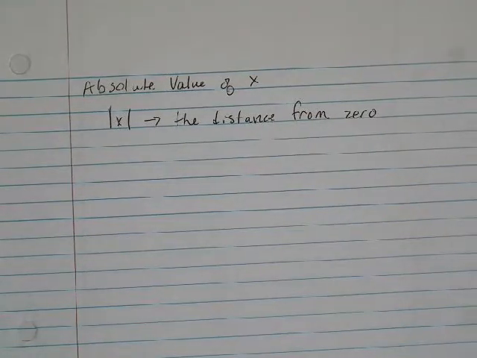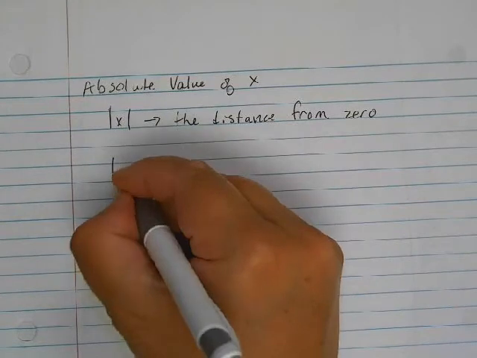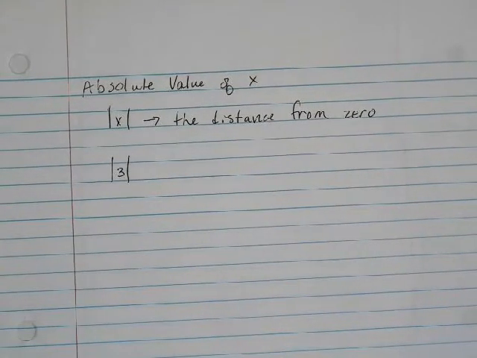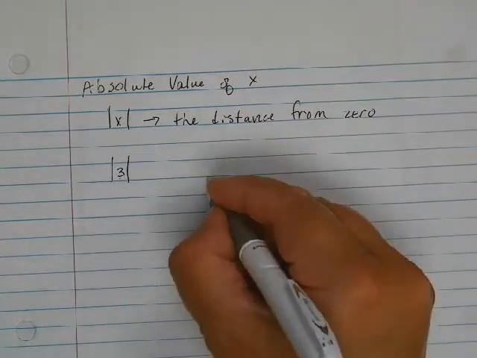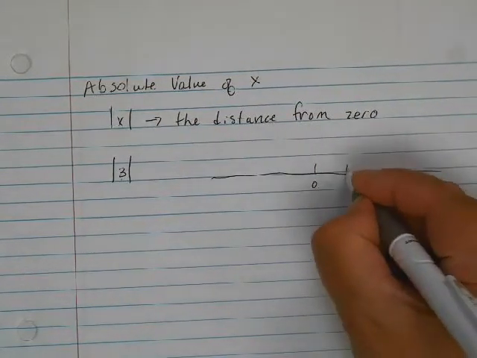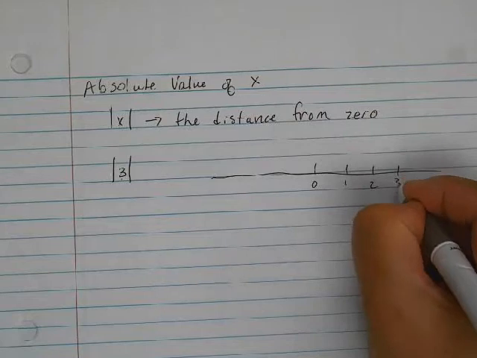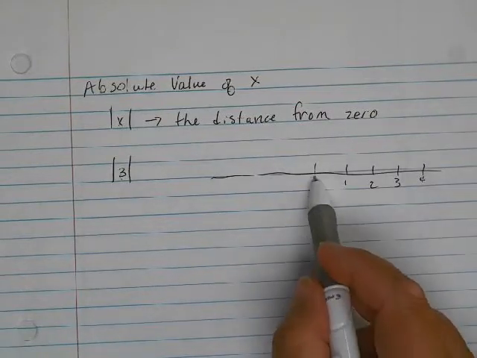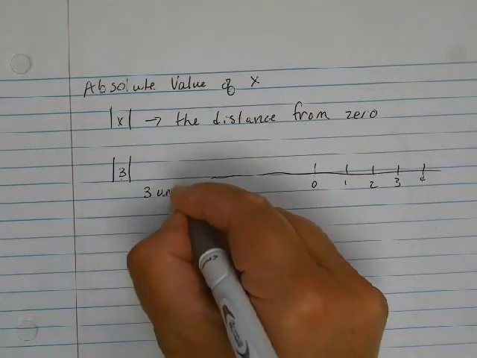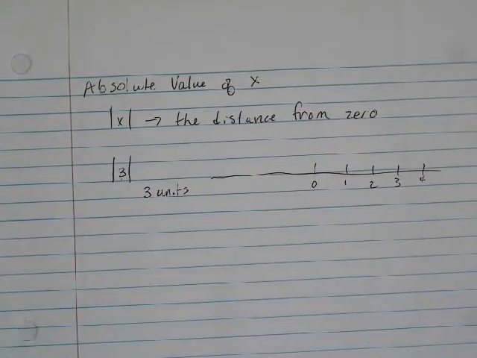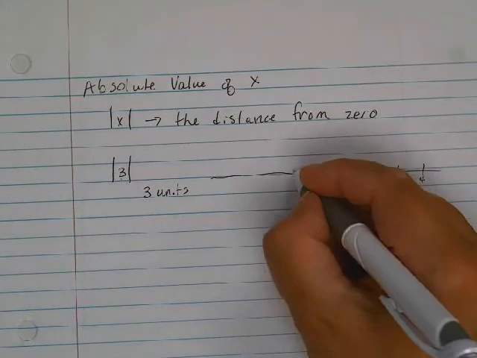So for instance, if I put the number 3 inside absolute value bars, I would say how far from 0 is the number 3? So if I made a number line, I would say that 3 is 3 units from 0. So the absolute value of 3 is 3. In the same way,